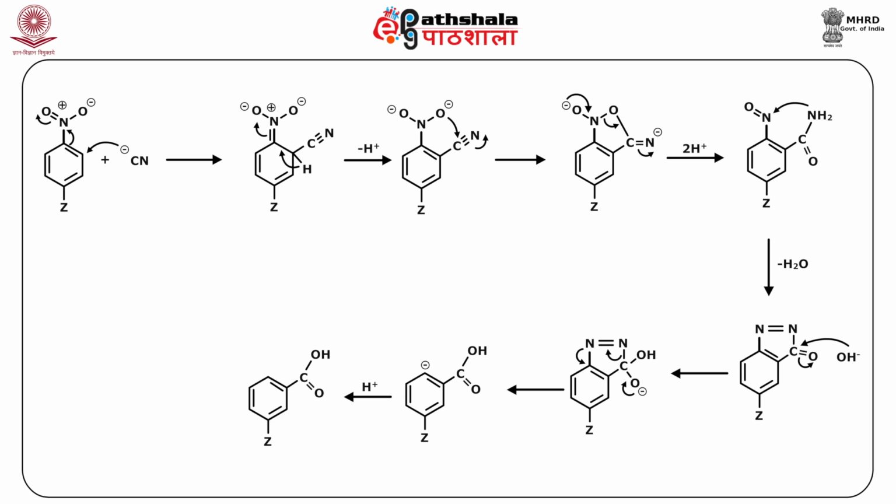The reaction proceeds via nucleophilic attack of cyanide ion ortho to the nitro group, followed by an intramolecular rearrangement, as you can see. Now see the attack of the cyanide ion primarily at the ortho position to the present nitro group on nitrobenzene, substituted at the para position with a Z group, which is preferably an electron withdrawing group. Now you can see by a series of intramolecular rearrangements, you finally arrive, the substitution is at the ortho position